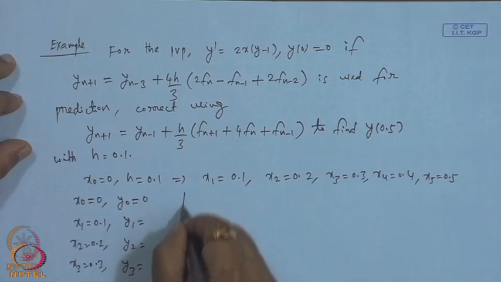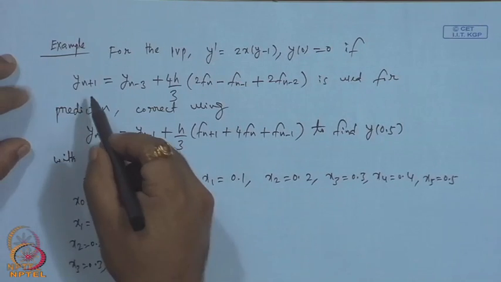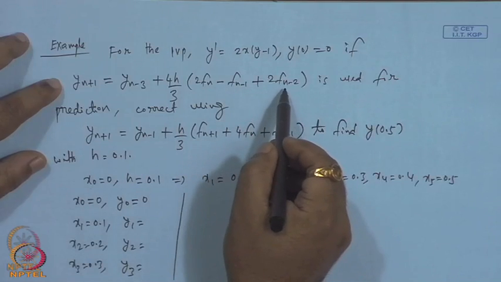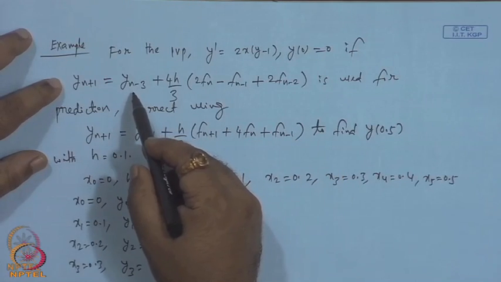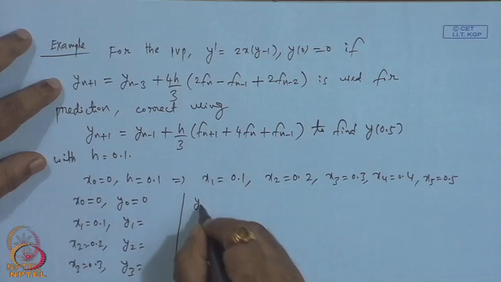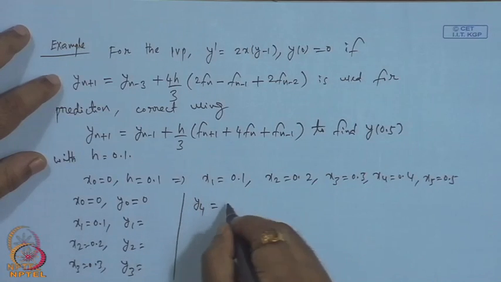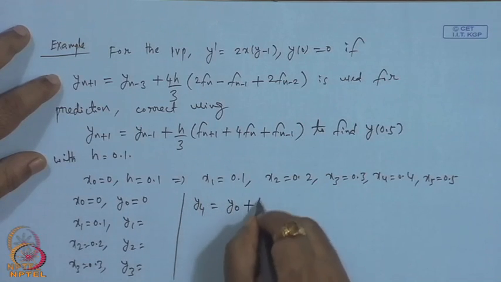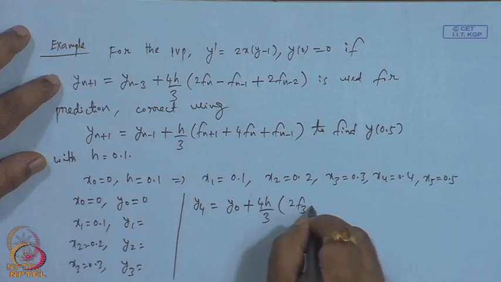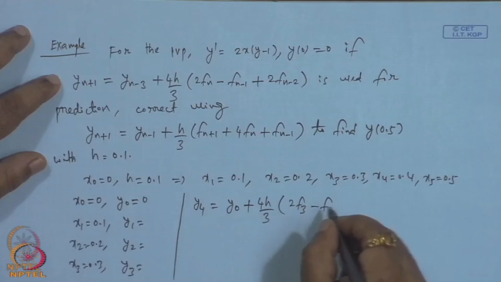Once we know this, let us go for the value. What is the latest value we can compute? If n is 3, we get y 4 equals y 0